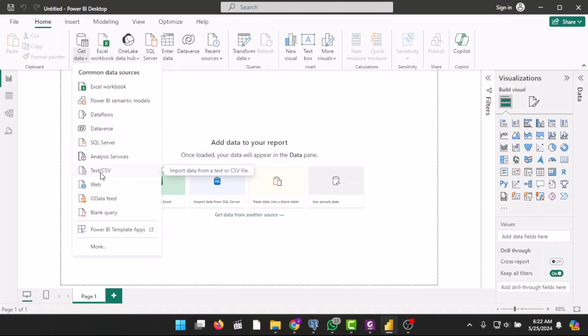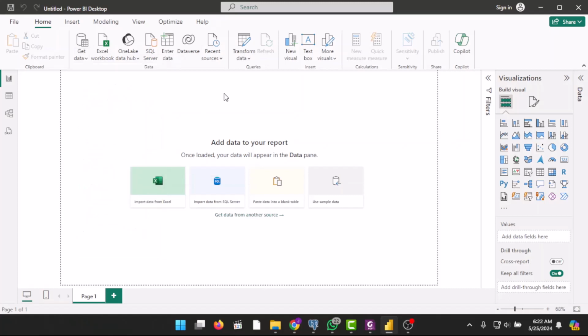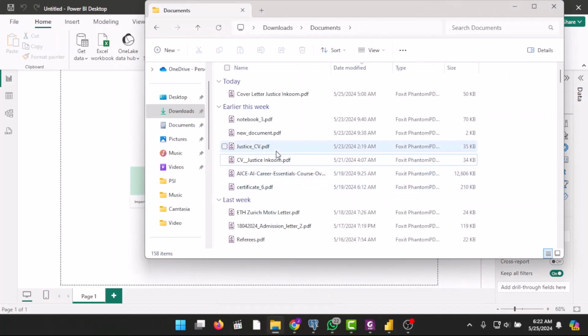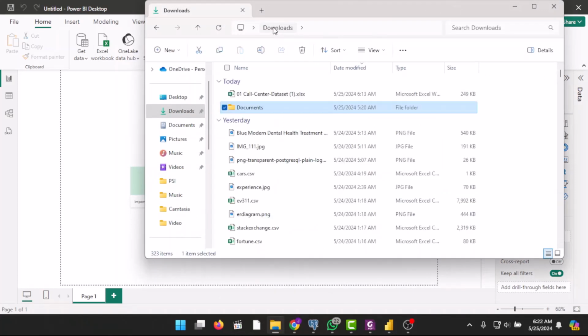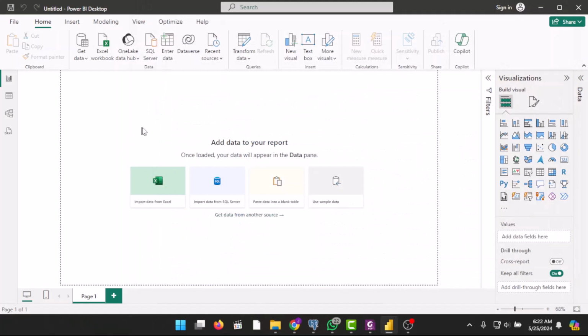You can see SQL Server right there. We have CSV, which is also an Excel type of data. So depending on what data you are importing, you choose the one you are looking for. Now, mind you, I'm going to use a data to demonstrate what I'm talking about. So I'm using this particular data, that is the call center data set, to demonstrate how you load the data